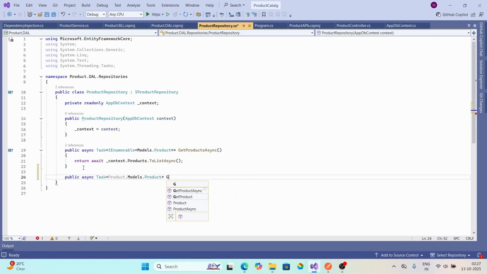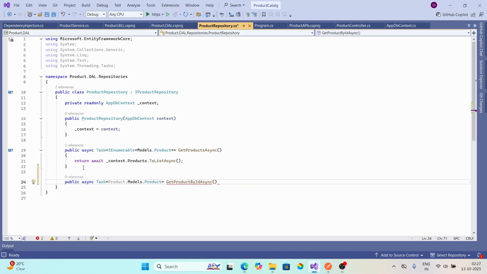Let's name it GetProductByIdAsync, and we need to get by the ID, so int productId. Okay,